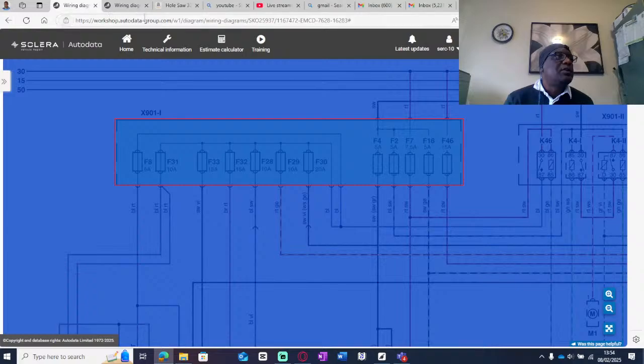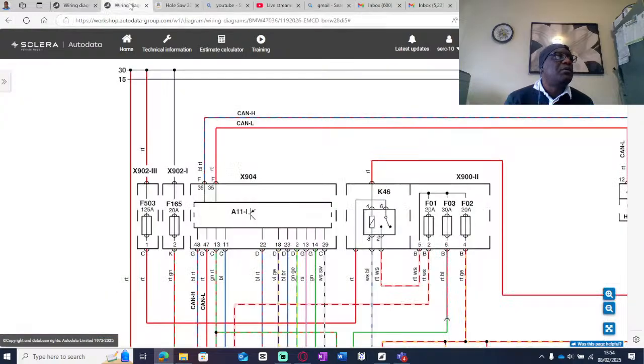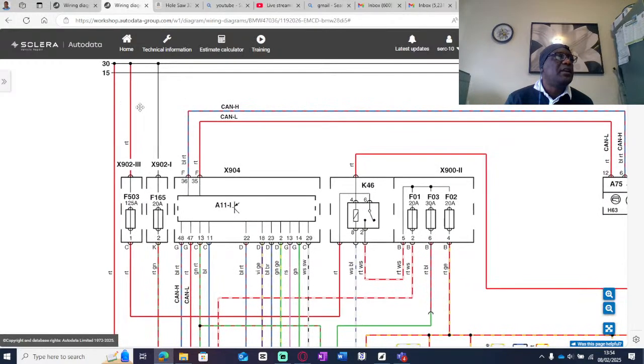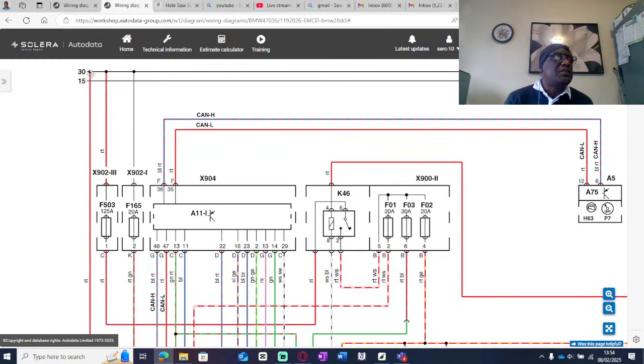Right, so let me go to my first diagram. Bear with me, I'll go to the first diagram. Simple. Okay, so now I've told you that this is permanent live. I've told you that this is ignition live, right? So if I go back,